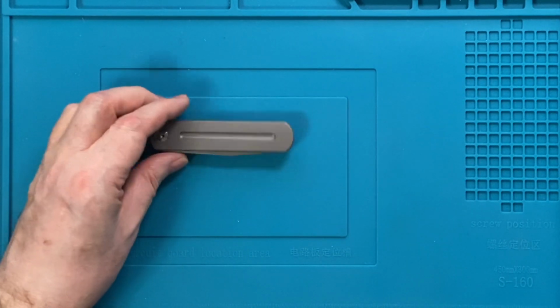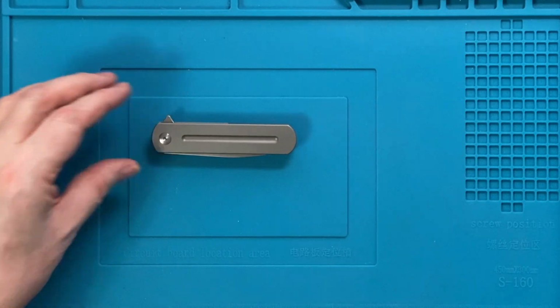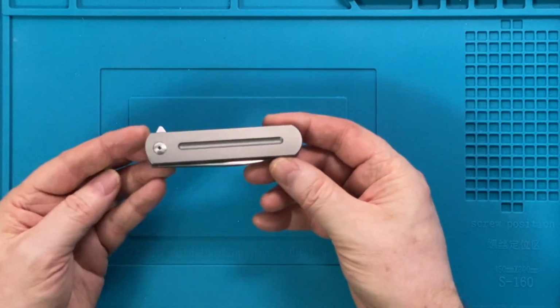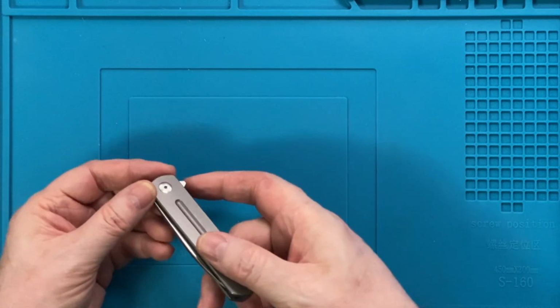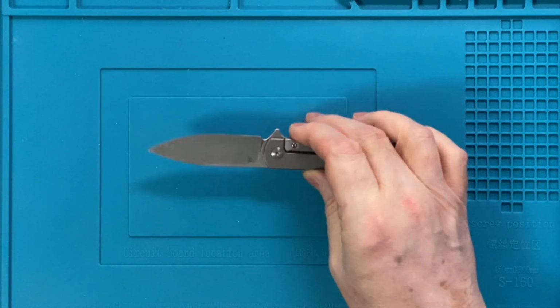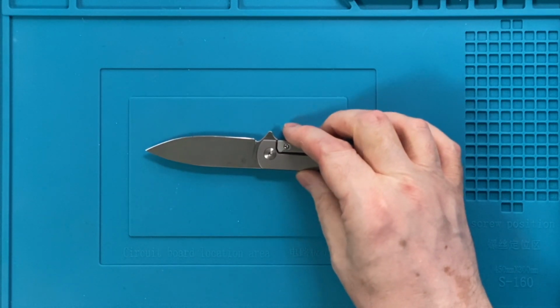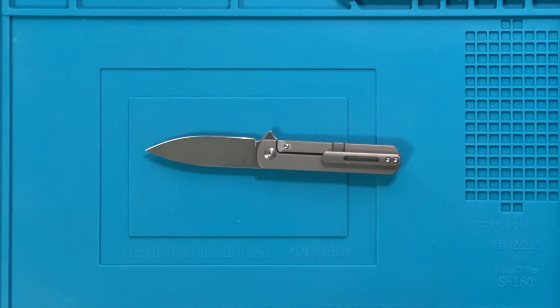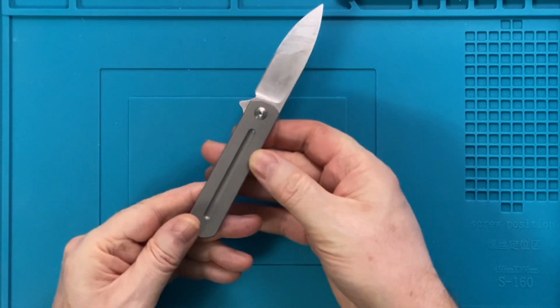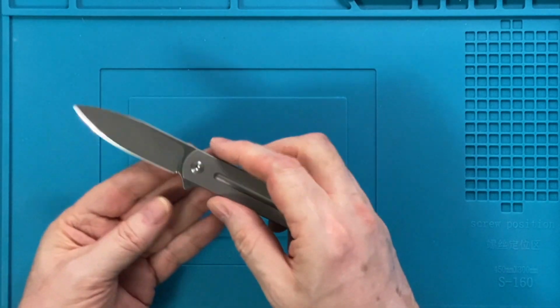There is no lanyard hole, which makes sense. This is not really a lanyardy kind of a knife, and a fob would spoil the clean, symmetric appearance. Finally, although it isn't marked, the blade is M390 steel. That's a great steel, and more on that in a moment. There is a lot to like about this knife. I love the look. It is a classic Ray Laconico design,